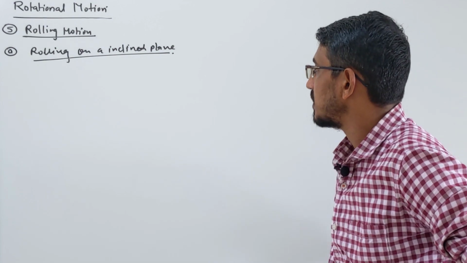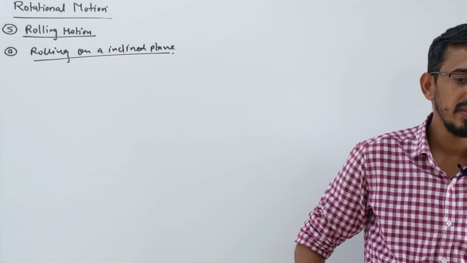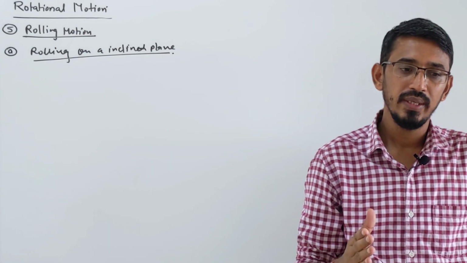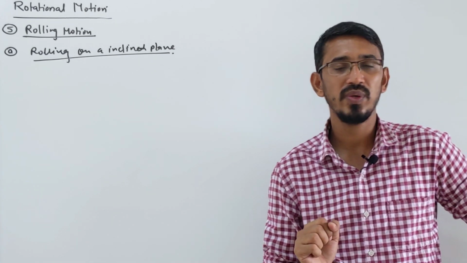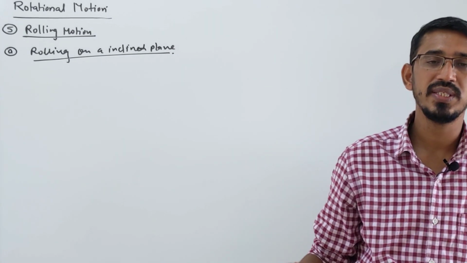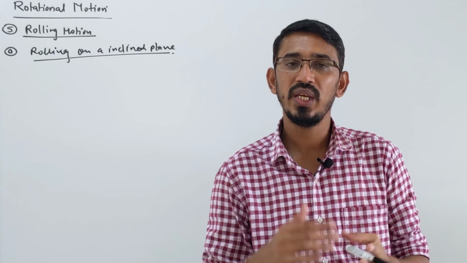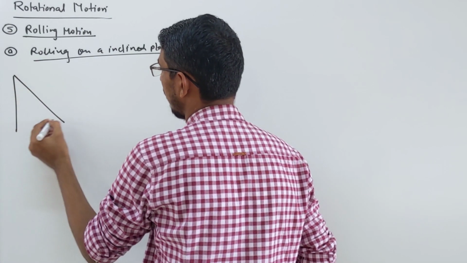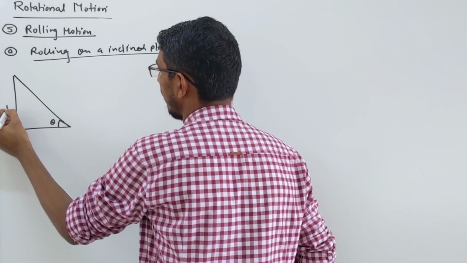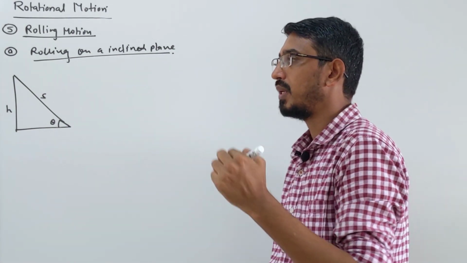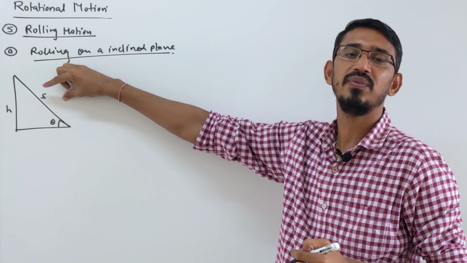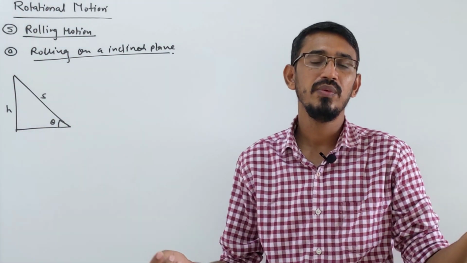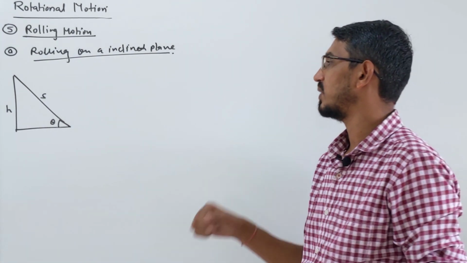Apart from velocity, acceleration and time, there is one more thing we need, not very important, but look here. When an object is purely rolling, we need some friction on that surface, otherwise it will not roll purely, because on a smooth surface it can slip or skid. So we need a minimum friction. Some object is rolling on an inclined surface, angle theta, side h. If you remember in Newton's laws, when an object slides on a friction surface, two forces act: mg sin theta downward and friction force upward. Under equilibrium friction force should equal mg sin theta. Exactly the same way we need it here.